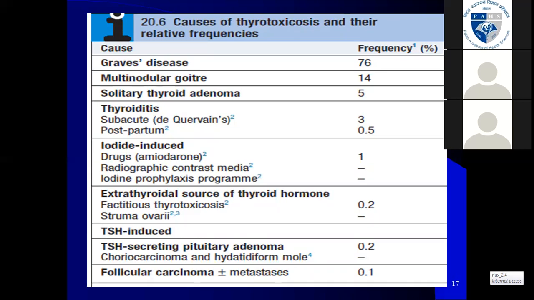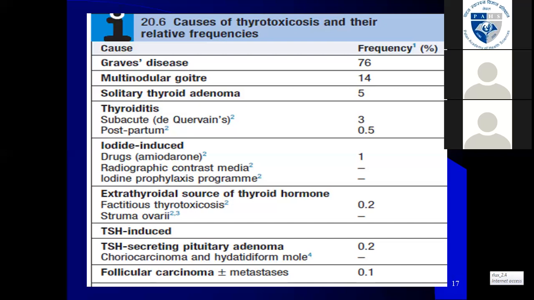The most common cause is Graves' disease. In hypothyroidism, it is Hashimoto's, and in hyperthyroidism, it is Graves' disease, with around 80% of patients having Graves' disease, followed by multinodular goiter, along with STA, solitary thyroid adenoma. There could also be thyroiditis like subacute thyroiditis, also known as viral or de Quervain's thyroiditis, sometimes postpartum thyroiditis also, and there might be